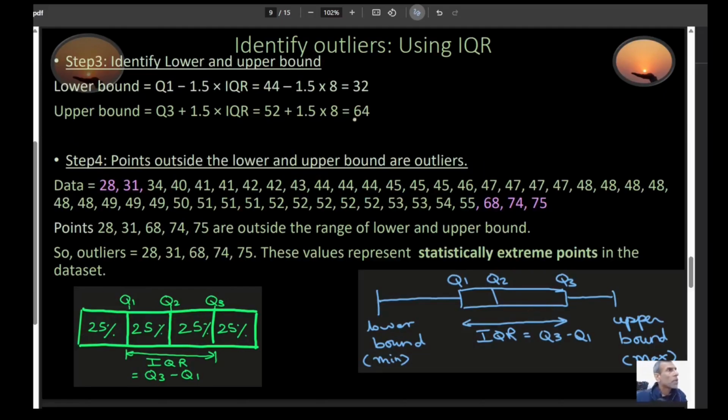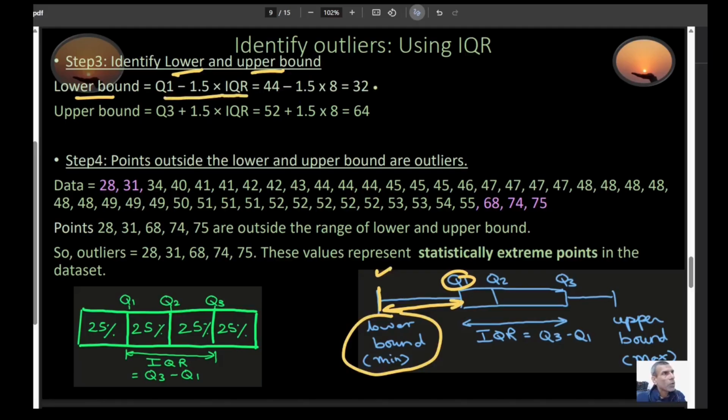And then step number three, now you identify your lower and upper bound. So the formula for lower bound is Q1 minus 1.5 times IQR. In other words, let's say this is your box plot. This would be my lower bound. So this lower bound would be this value minus this particular distance right here. And that will give me this right here. So this will be my lower bound. Okay, and this is how you calculate my lower bound, Q1 minus 1.5 times IQR, and the answer comes out